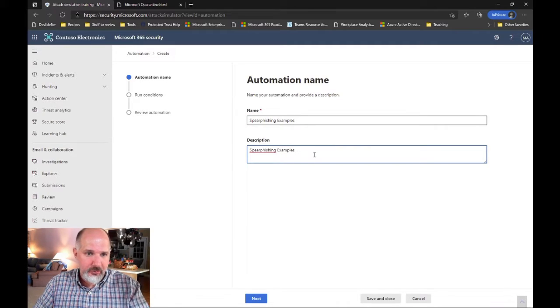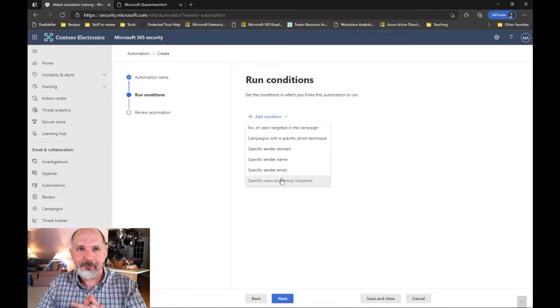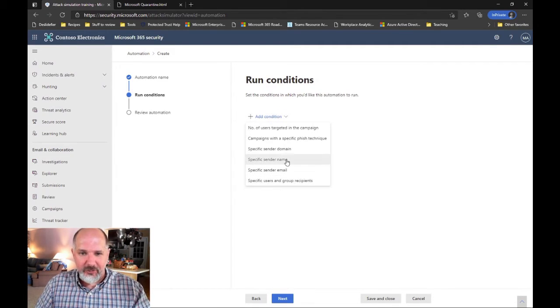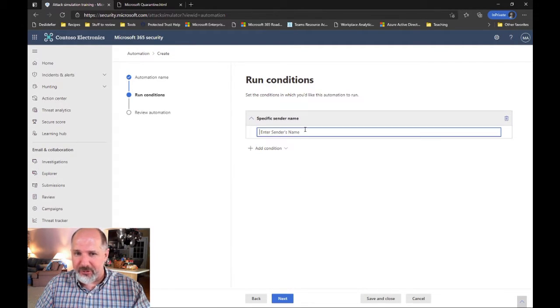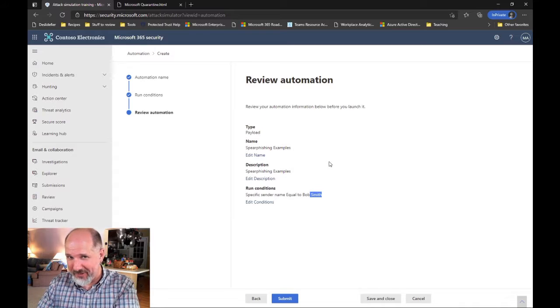I'm going to create an example just for spear phishing. And run conditions would be basically the conditions that must be met for an email to be collected. So, for example, if we were looking for emails with a specific sender's name, maybe our CEO is Bob Smith. Okay, so if the sender is equal to Bob Smith and a user submits that message as a phishing message,